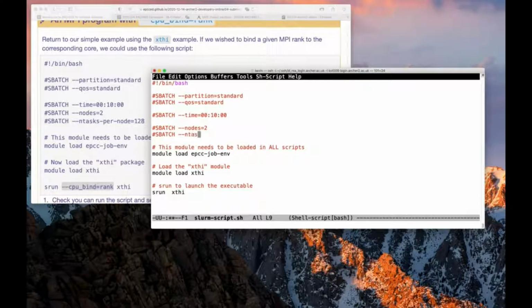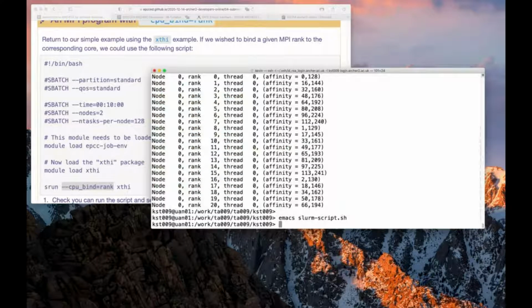Whoops. Per node, and I want to specify CPU bind equals rank, like so. So hopefully by now you've convinced yourself